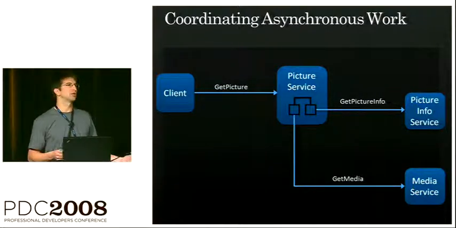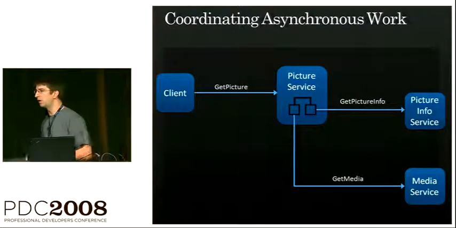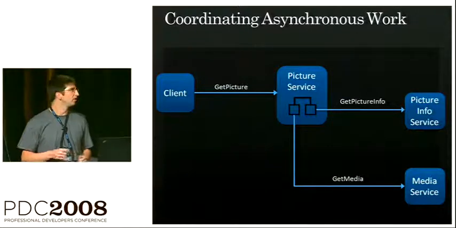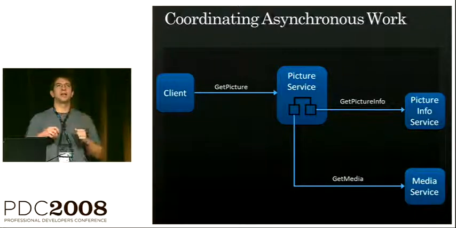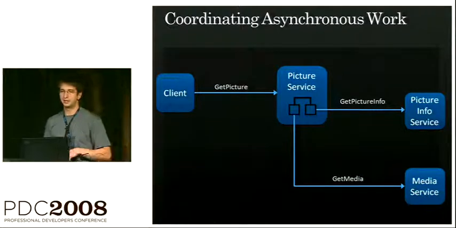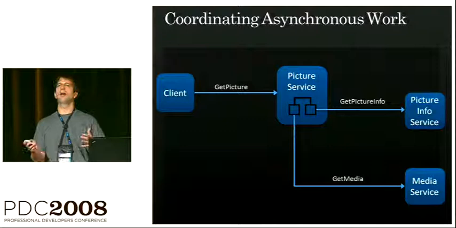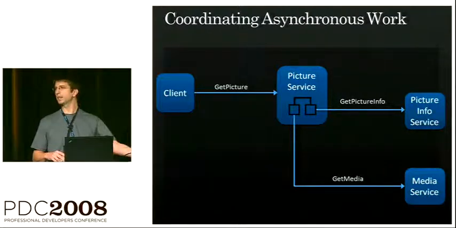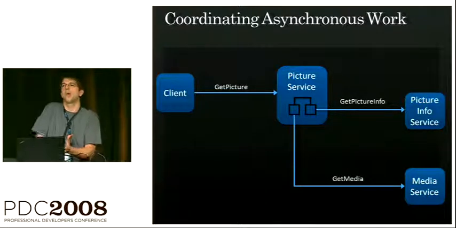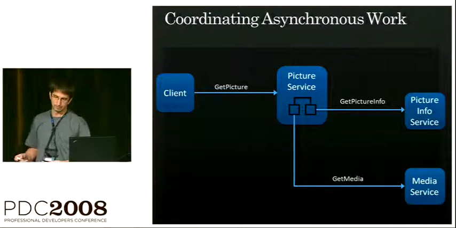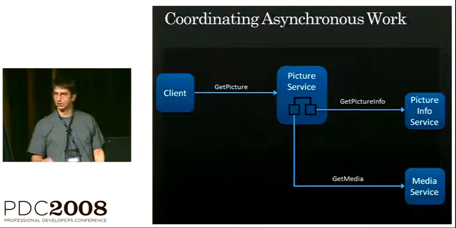So here's my scenario. I've got a picture service. It takes a name, and it gives me back a picture. Unlike Dawn, I am not tired of the picture service scenario. So this picture has some metadata on it, and it's got the picture represented in XAML markup. It's just a string of XAML. The way that it gets its work done is it calls two back-end services in parallel. The picture info service is going to give us that metadata. The media service is going to give us that picture. It's going to coalesce these results and send it back to the client. All of these calls are being made over HTTP using request response.